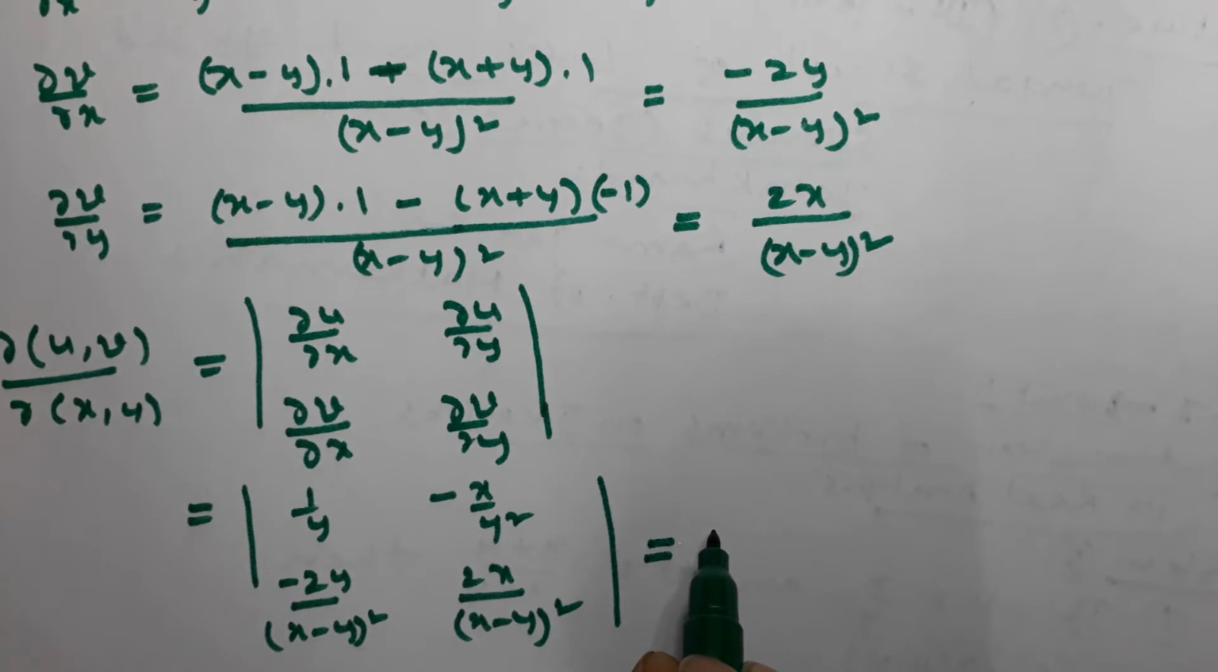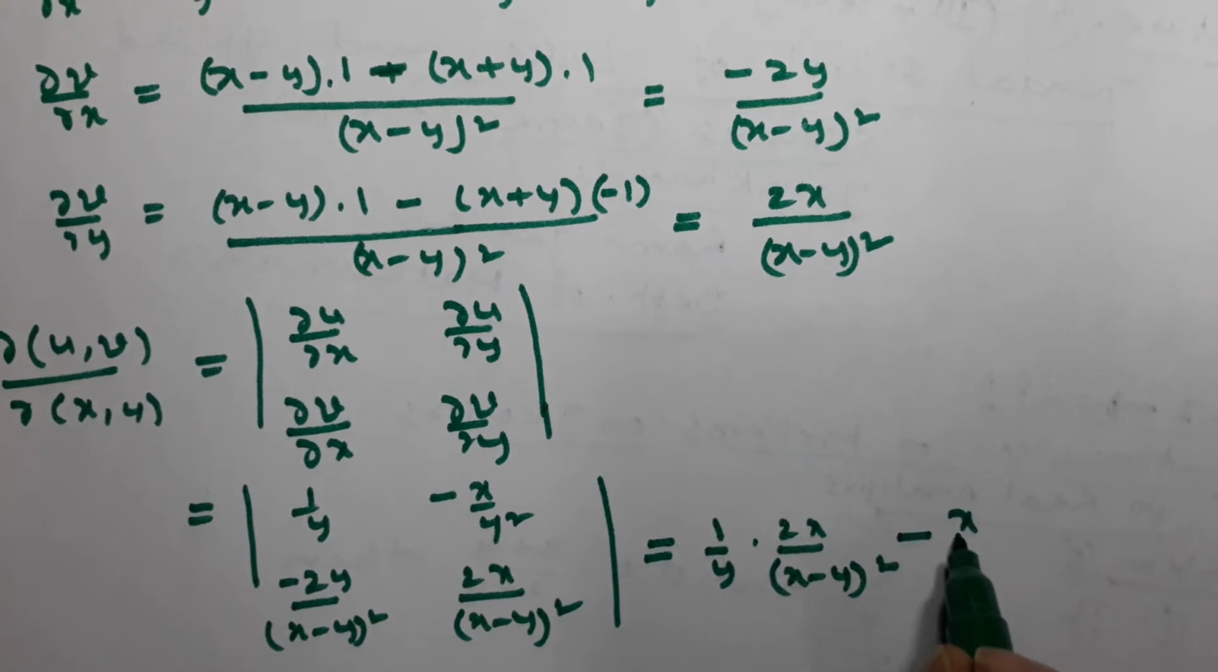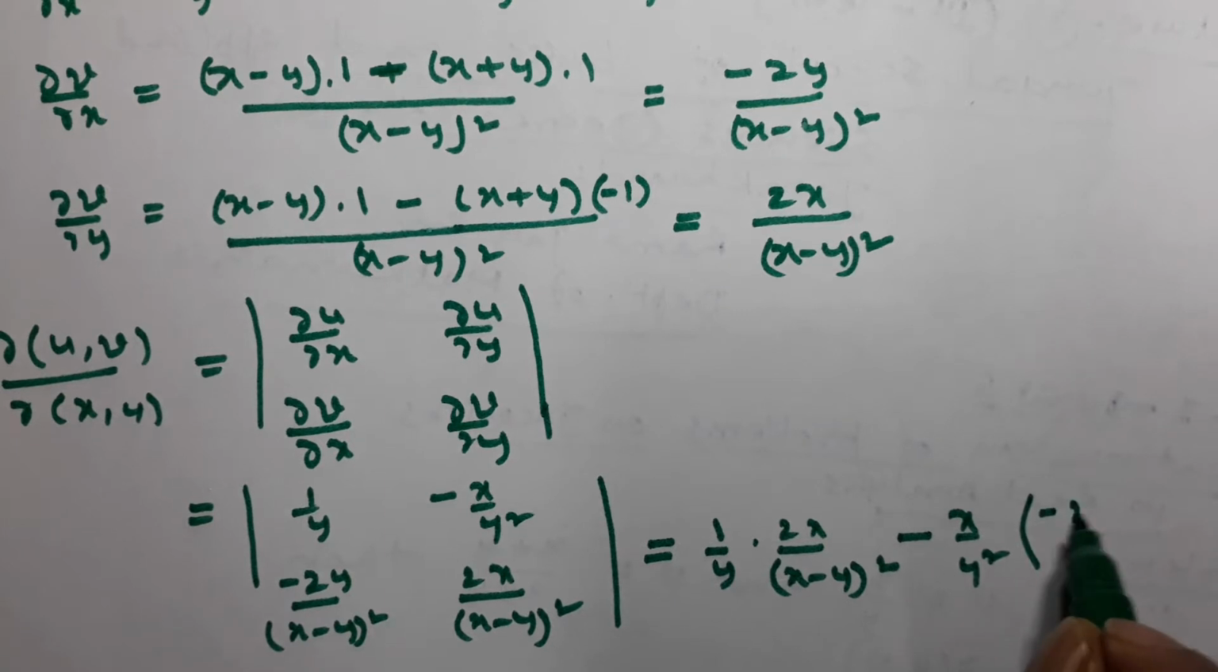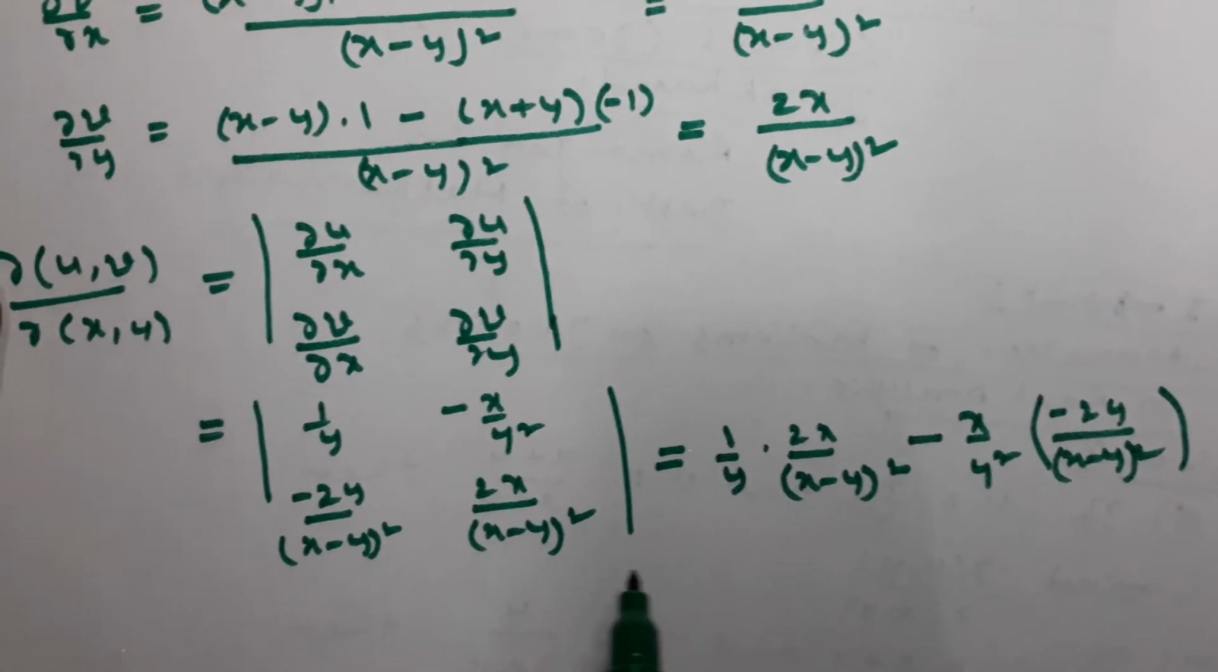1 by y into 2x divided by (x minus y) whole square. Next, minus of minus is plus, so this multiplication is minus x by y square into minus 2y divided by (x minus y) whole square. The simplification is